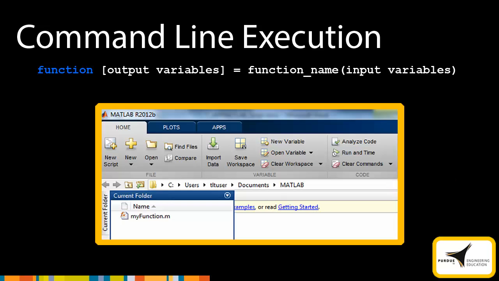We also call this line a function call. For example, if the function has one input and one output, enter my output equals my function parentheses my input in the command line, where my output and my input represent the actual output and input variables. You can choose the variable representing my output at the time of execution, but the input variable must already exist